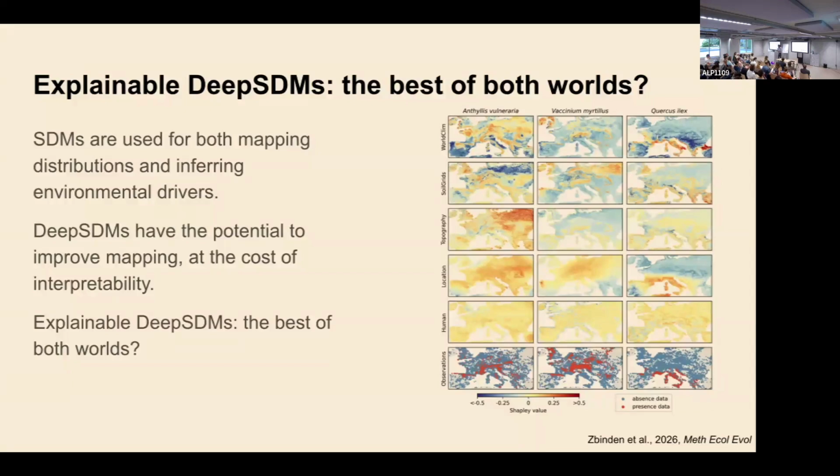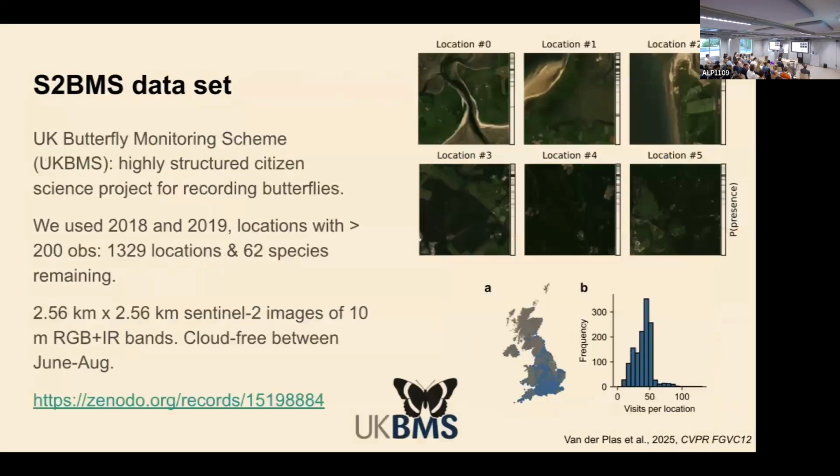And I want to highlight, not just because you're the organizer of the conference, but because I think it's a great paper, Robin's paper focuses on what I would call attribution-based explainability. So that's attributing the predictive performance to the covariates or modalities that go into the model. And I will motivate this in a little bit, but what we focus on is concept-based explainability. But I want to start with a study that we've done about 2 years ago, and then we'll move into how we are trying to explain these models now.